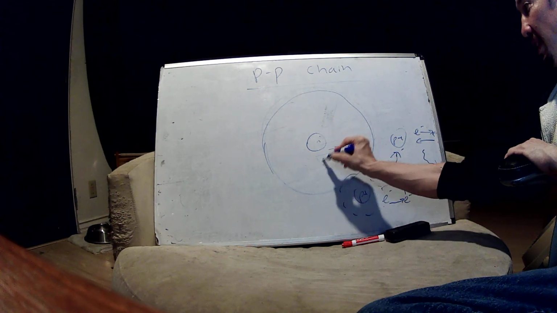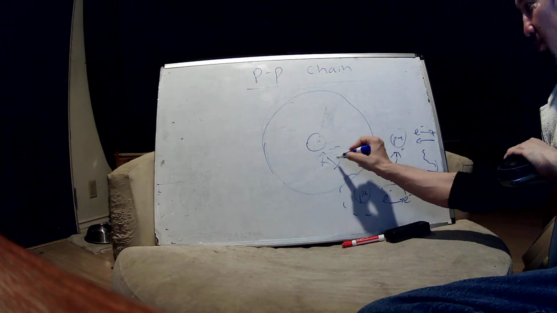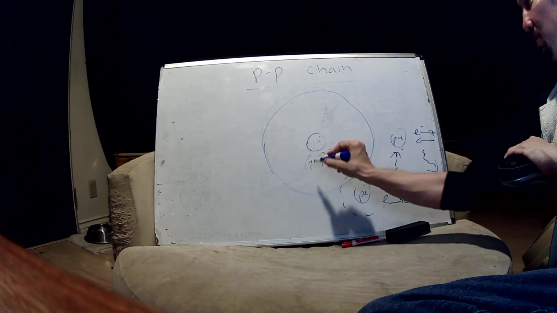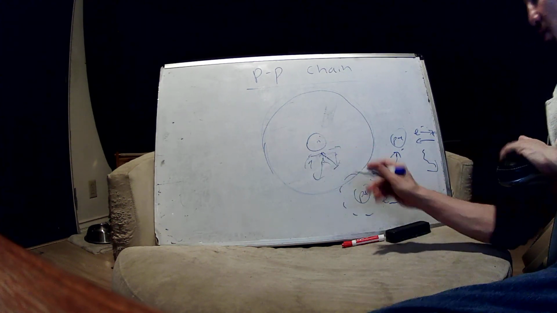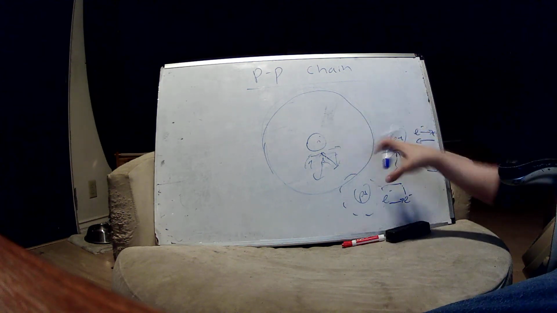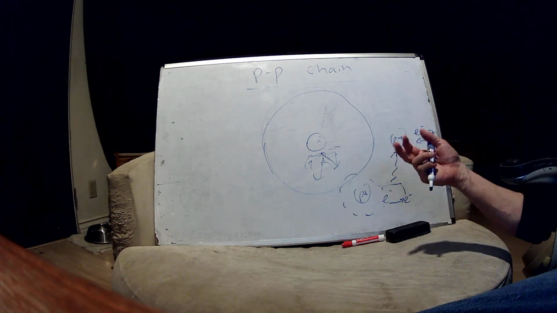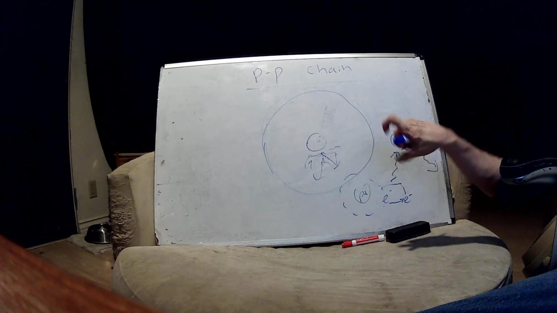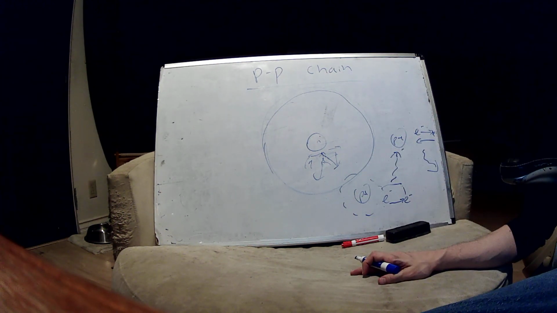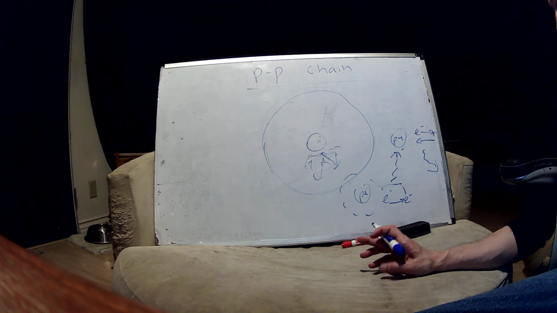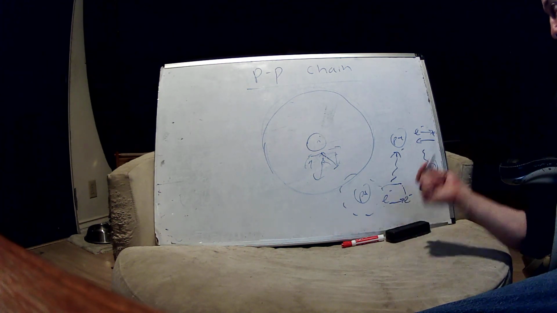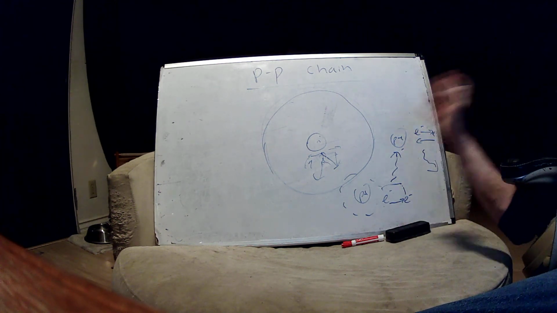It might go this way and then that way and then back towards the core and then back towards the surface, and it's going to be random, right? Because the direction that you're going to be emitted depends on where the atom is facing, basically, right? So, if you're going to be emitted randomly,